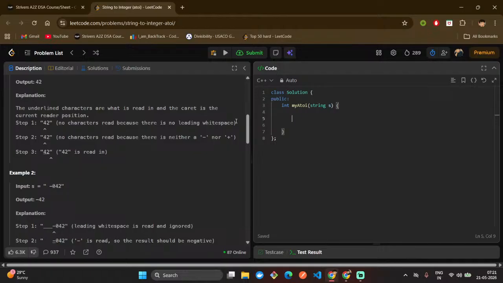While s.back equal to positive, not equal to negative, s.back. While s.back equal to white spaces, or s.back equal to 0, s.pop_back. We just have to pop back. Now just we have to